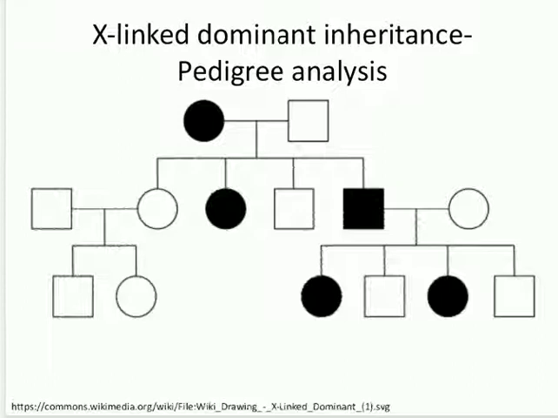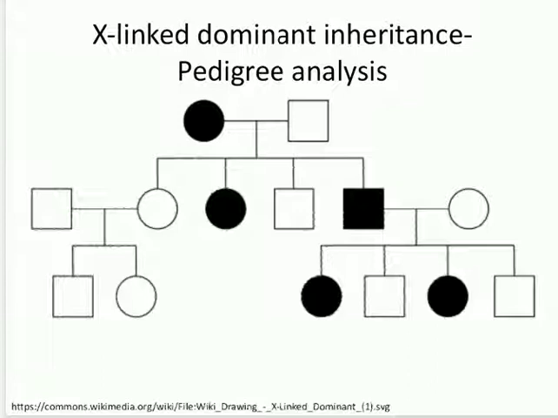So in the second generation, there is one affected male, but he is transmitting the disease or the trait to his daughters alone, and he is not transmitting the trait to his son. That you should know. This is more important, which feature is distinguishing itself from the autosomal dominant. Affected homozygote female transmits the trait to all children.